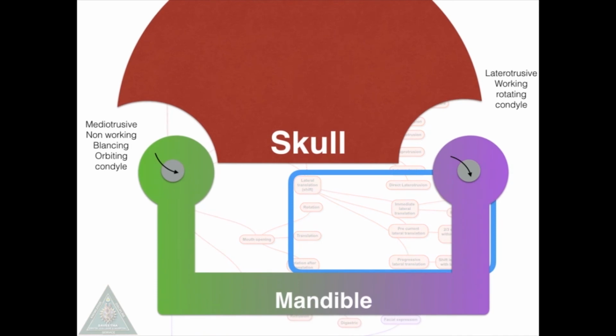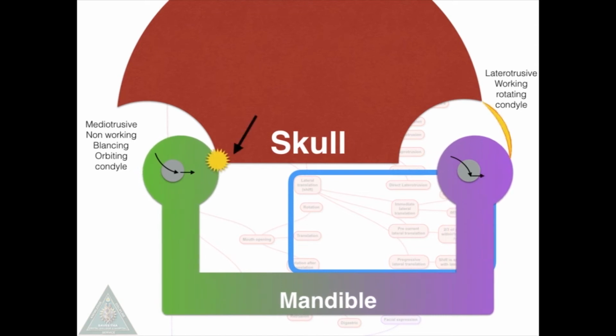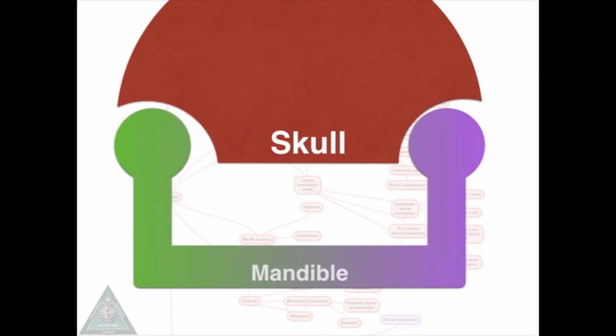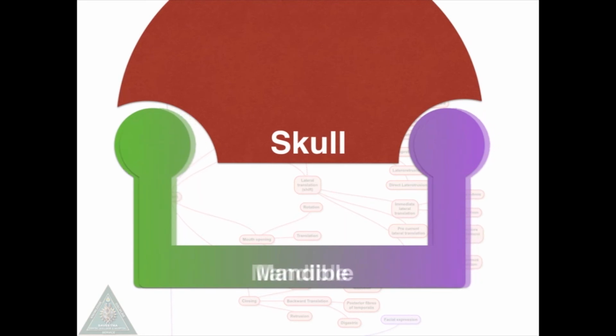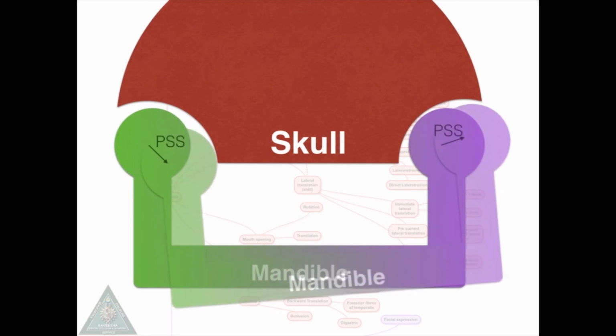And in precurrent side shift, up to 2/3 of the shift occurs within the first 3 millimeters of lateral rotation of the non-working condyle. We usually measure the Bennett shift in the non-working condyle because the mediotrusive path is much longer and it's easier to record. One more thing you should know about is the Bennett angle. Bennett angle is not Bennett shift. It is the angle between the non-working condyle path and the sagittal plane. This occurs during lateral rotation.